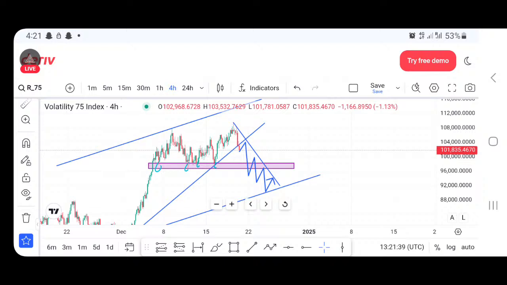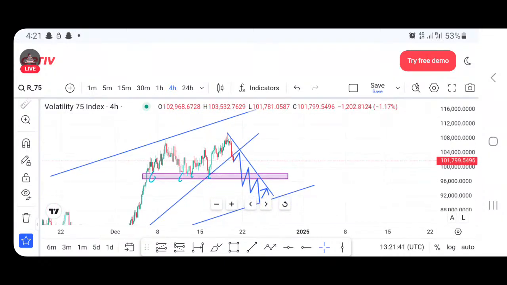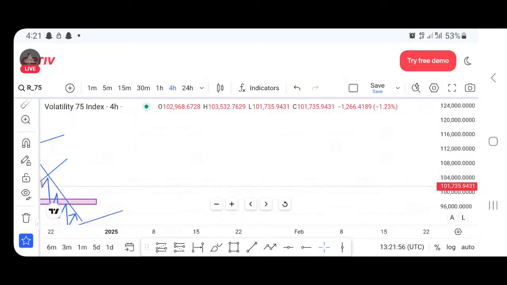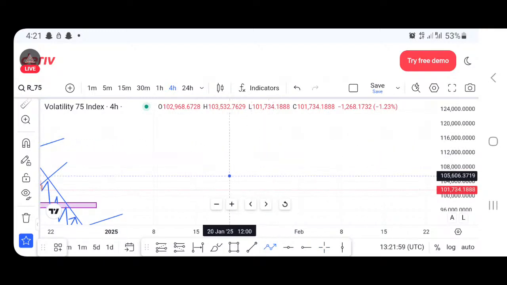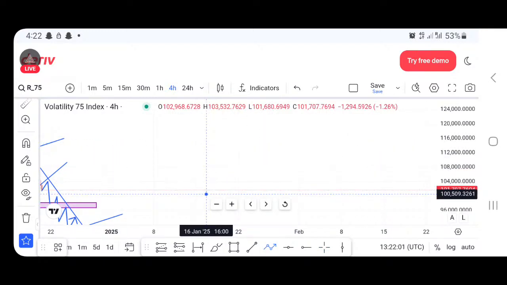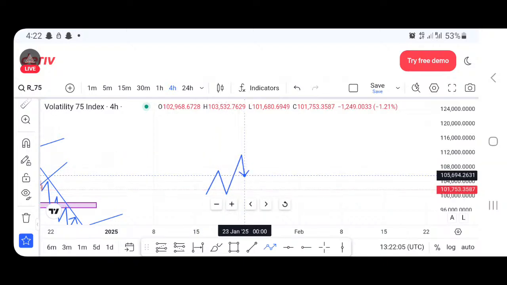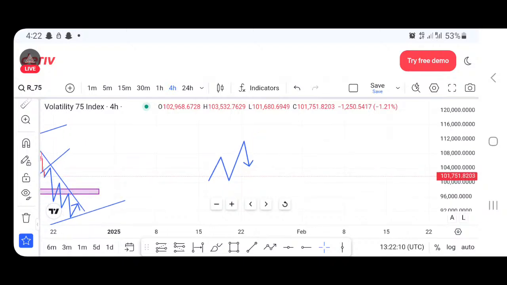I'm going to repeat it. Always when you get a bias, wait for the market in a low time frame to be in the same direction as your high time frame bias. For example, let's say that the 30 minute is making the high highs and high lows. Are you getting the point? So we have to wait,